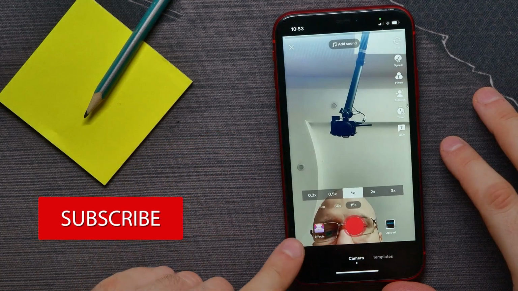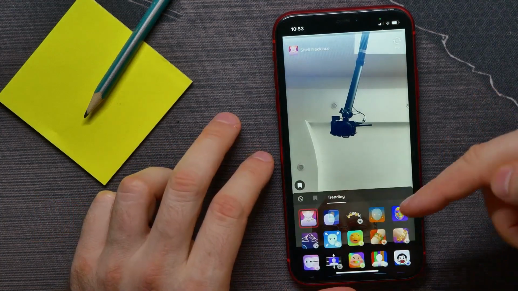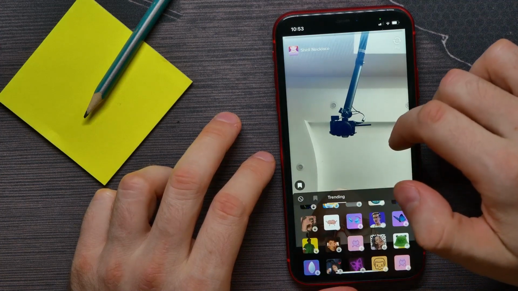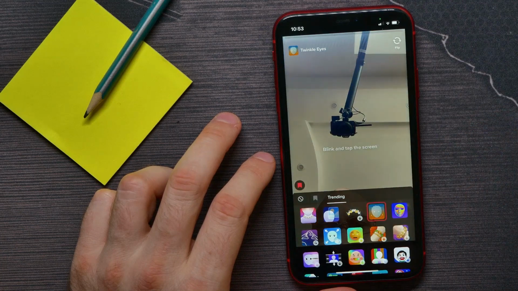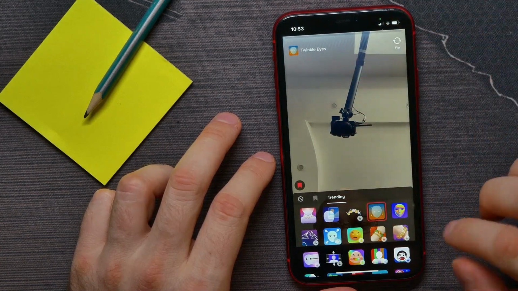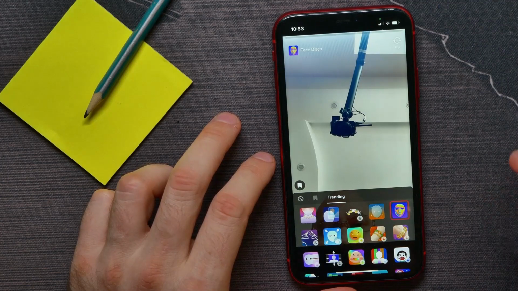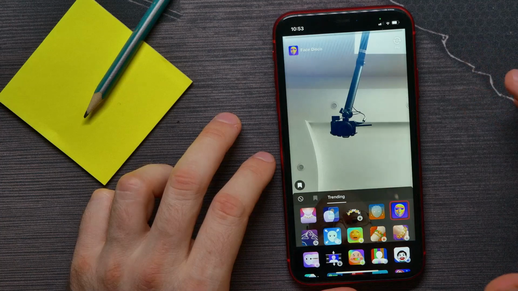Now here, tap right there at effects, and right here you can look for different effects. You can tap on an effect and immediately on the screen you can check how it looks. You can switch between different effects and let's say I like that effect, I want to save it and use